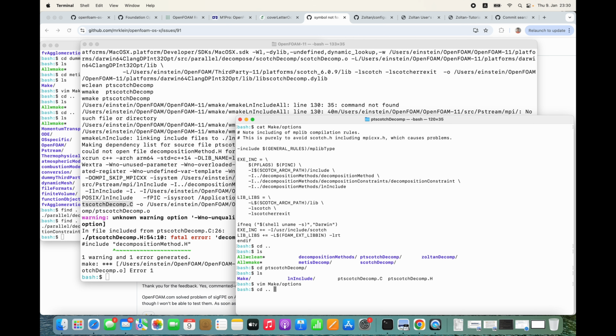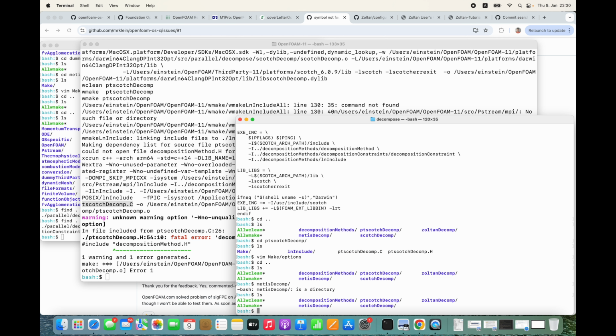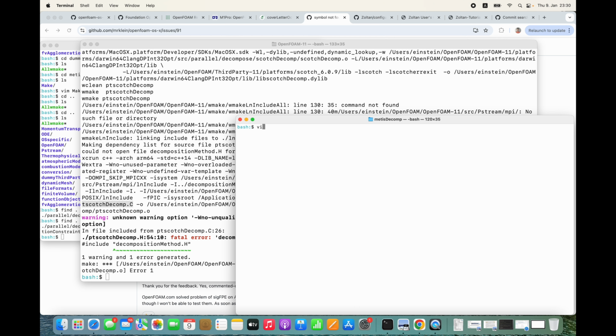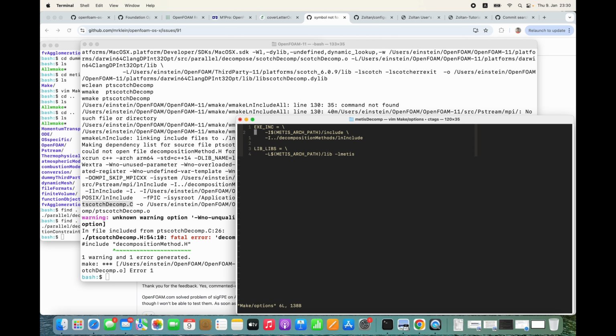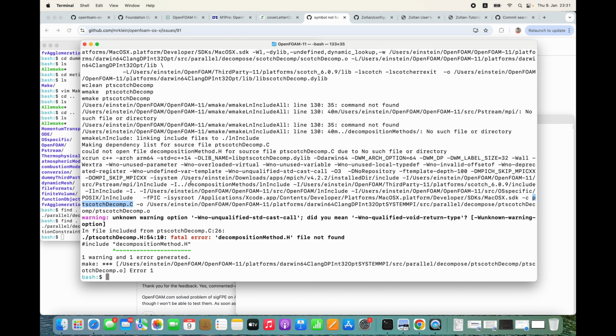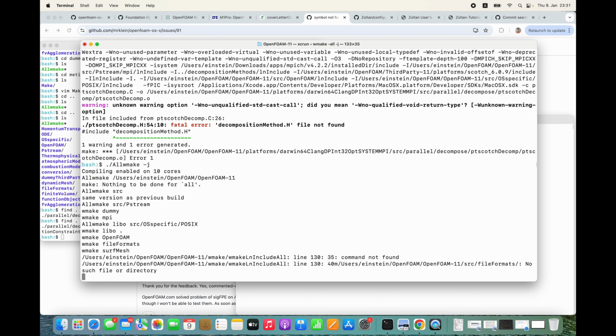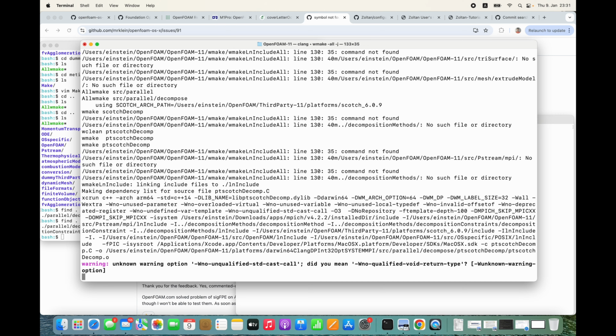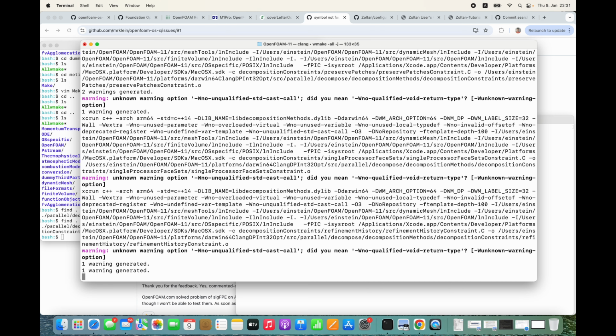And since this is going to happen for Metis as well, I'm going to save up some time. Oops, I made a mistake. I'm going to go to here, inside here, make options. I am going to add those two lines as well to save up some time. Otherwise, each time we need to say all v make and -j and see the same error happening. So hopefully it should resolve all the issues